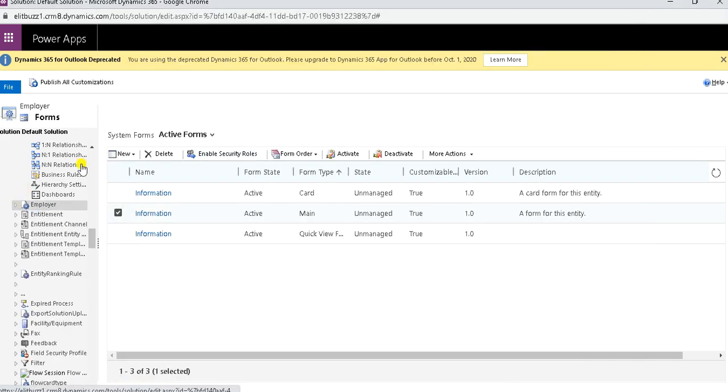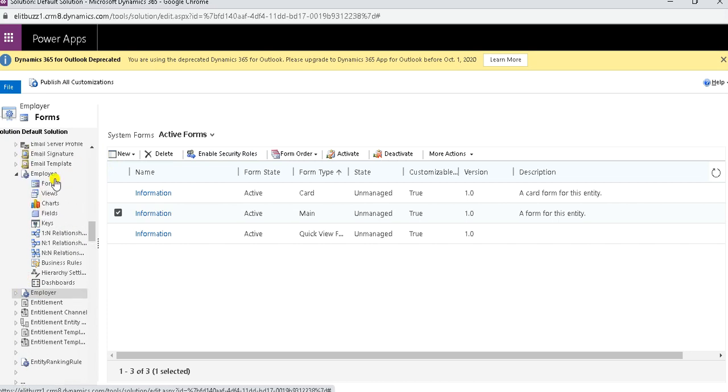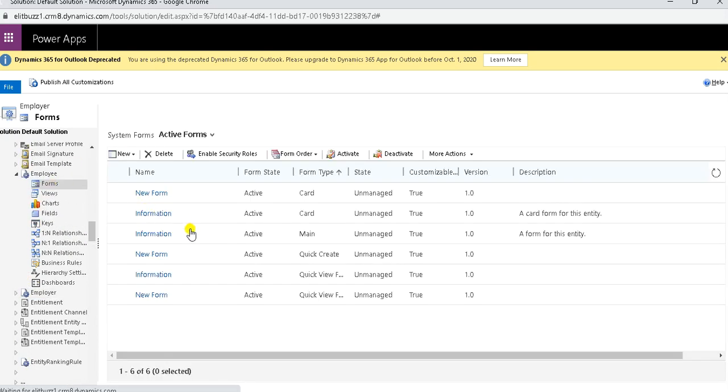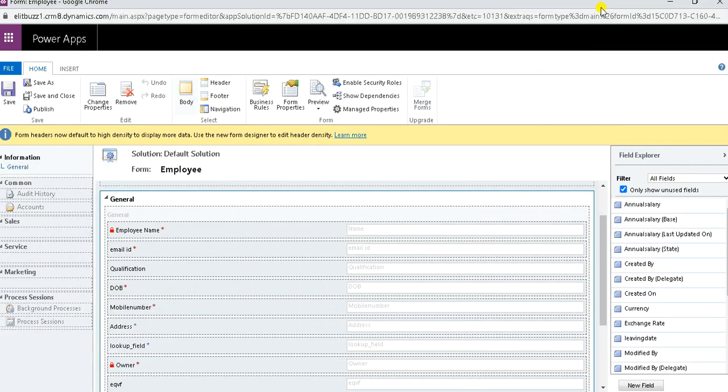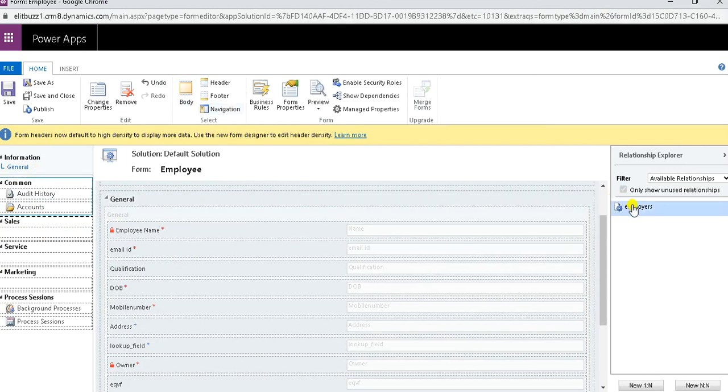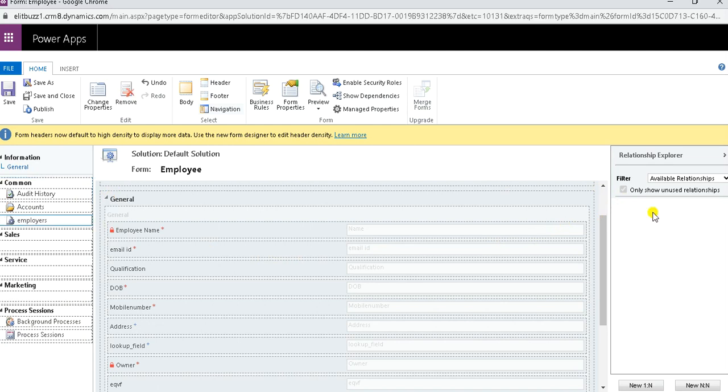And I'll go to the employees main form. Here in the navigation part, employers is not visible. I'll click on navigation, then I'll click on employers. I have to drag and drop it here. So it has been dragged and dropped in the navigation area.